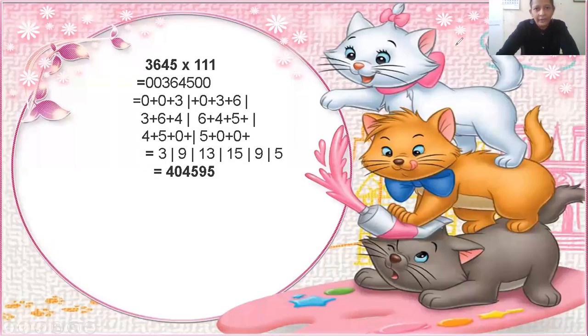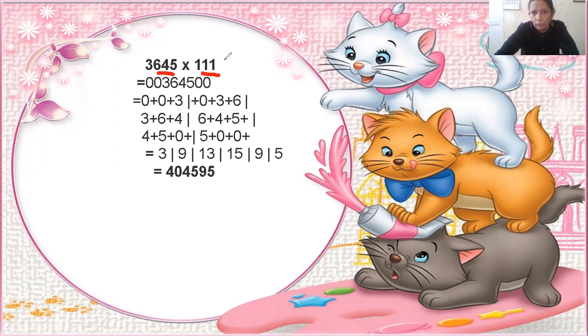Now you look here, I have taken a very interesting question for you. Now you see here, this is 3645. You have to multiply it with 111. And you see how many 1s are here, as you have done in the earlier questions. 3 are here. So in your mind, you will do 3 minus 1, which is equal to 2. So you will get this 2.